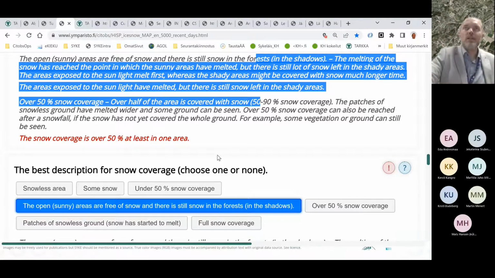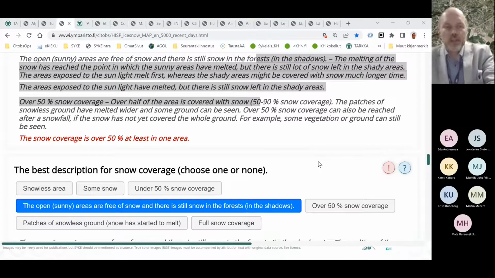I wonder if there are any questions or if there's special interest in the snow and ice issues. Should we go through these things in more detail? I see no hands, so I suggest that we could go